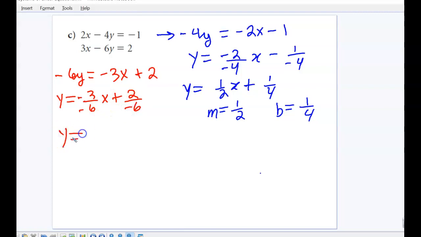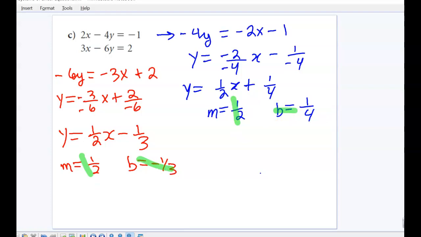And I'm going to get y equals positive 1/2 x minus 1/3. So my slope is 1/2. My y-intercept is negative 1/3. So now we compare the slopes. They're the same, so they can't be intersecting. They're either coincident or parallel. And since my y-intercepts are different, that means they're parallel lines. Parallel lines have no solutions. So simply by comparing the slopes and y-intercepts, we can determine how many solutions a